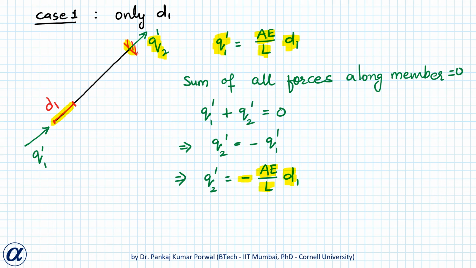And here this minus sign denotes that the direction of Q2 should be reverse of what we have shown, and that makes sense because we know that in the case of truss member, the forces acting at the ends of the member are either both pointing towards each other or pointing away from each other, depending on whether we have compression or tension in the member. In case 2, we apply only D2, that is a displacement D2 at node 2 of the member in the direction of member,